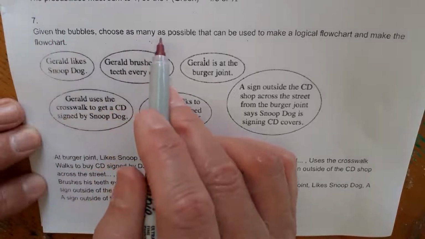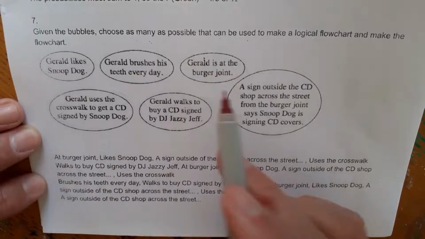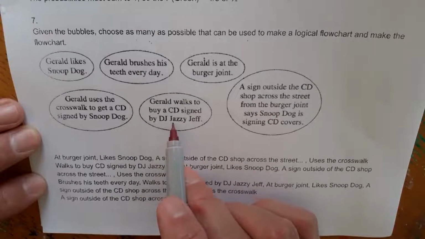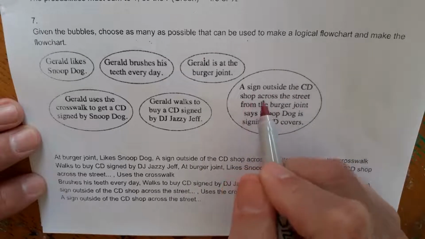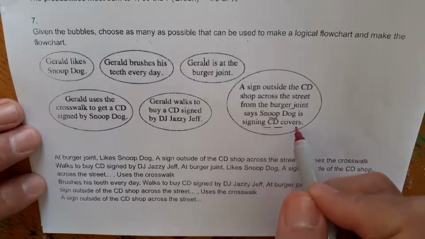Given the bubbles, choose as many as possible that can be used to make a logical flowchart, and make the flowchart. Gerald walks to buy a CD signed by DJ Jazzy Jeff. Wow. A sign outside the CD shop across the street from the burger joint says Snoop Dogg is signing CD